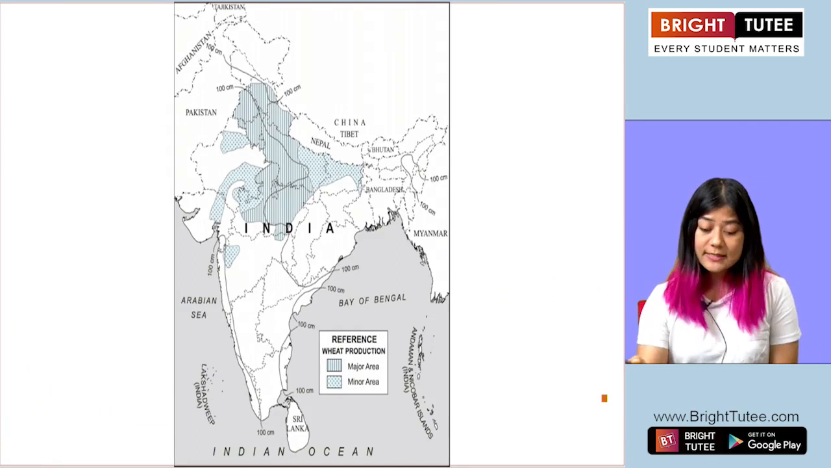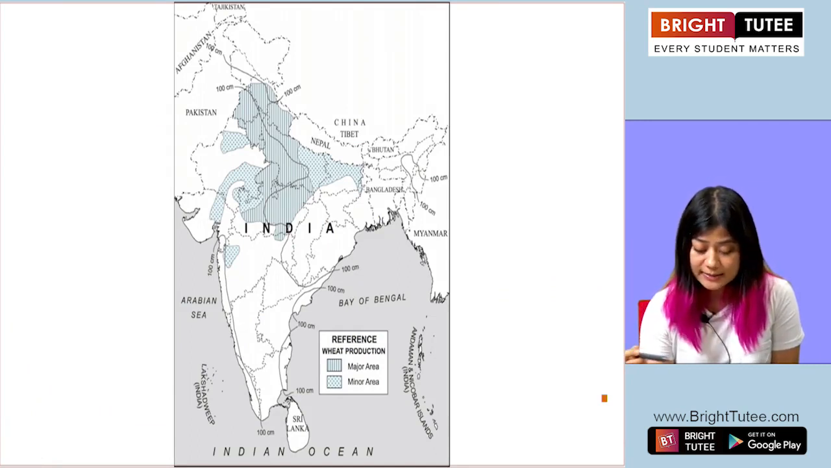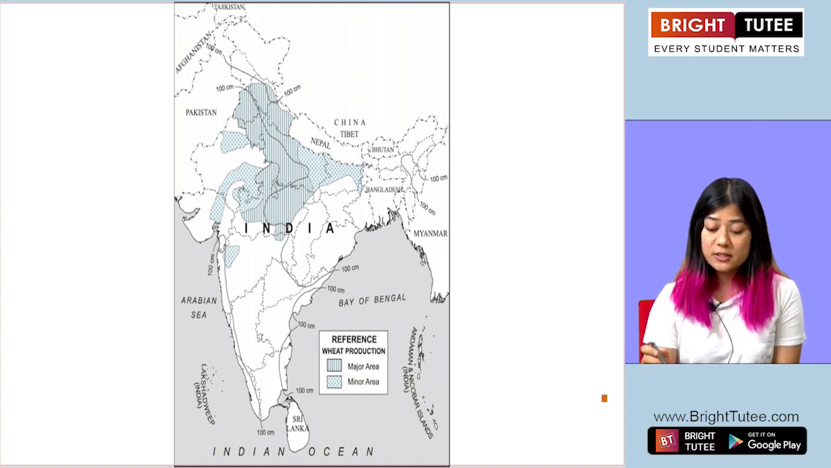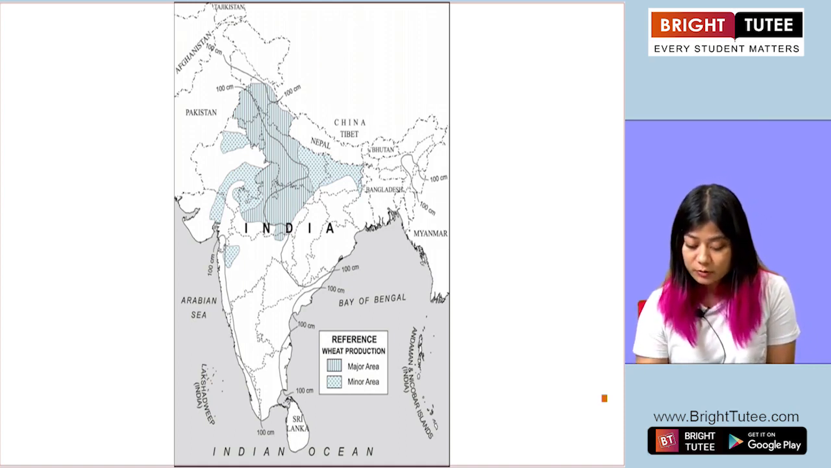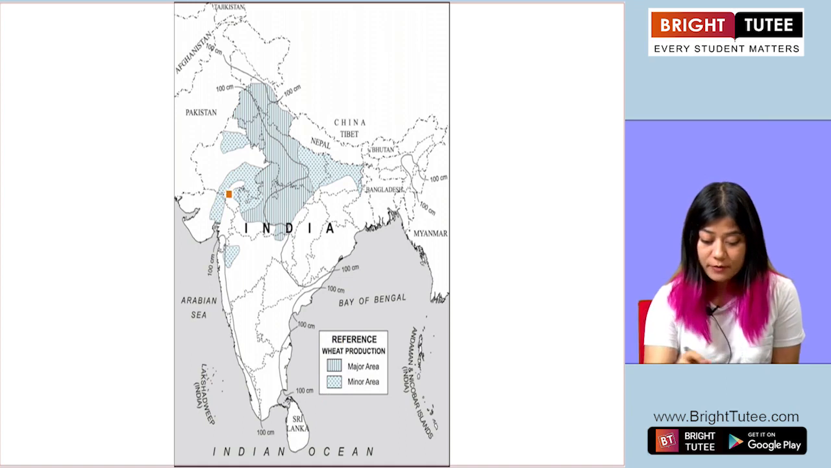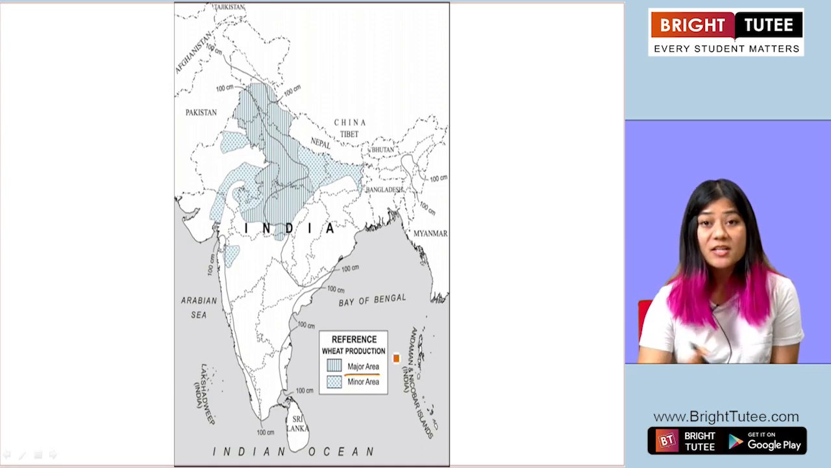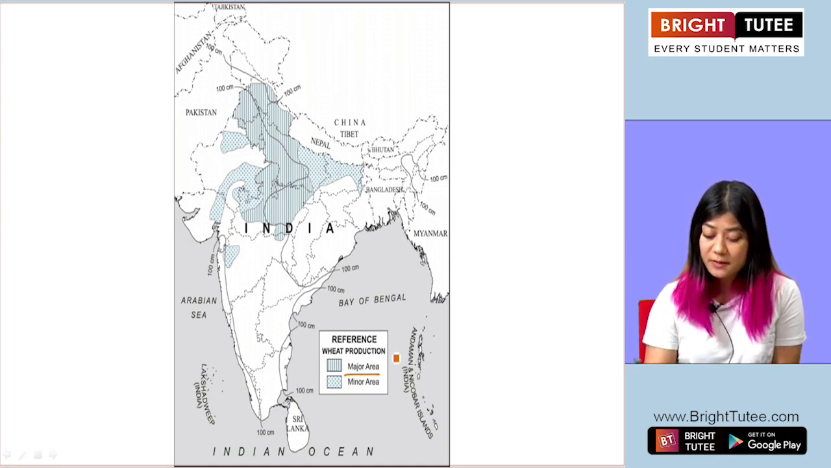So here is the map of India, and in this you can see the areas where wheat cultivation is done. There are two shadings on the map, one is vertical lines and the other is dotted. The vertical lines indicate major areas of wheat cultivation, and the dotted ones indicate minor areas of wheat